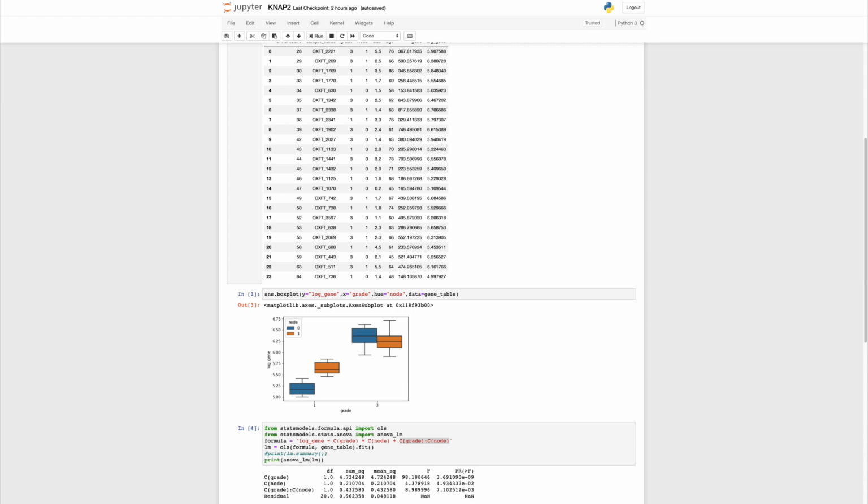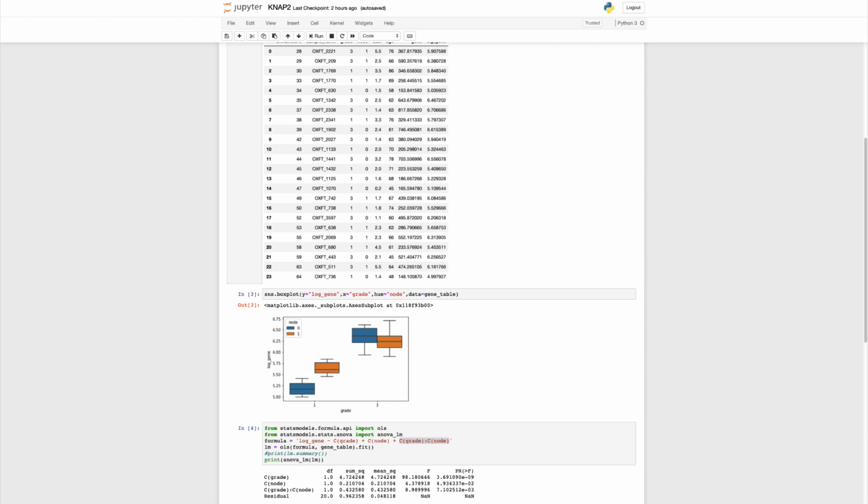So it seems like there's a very low p-value here for the grade. The model says that there is a very low probability of the null model, that there's no effect of the grade, and that's quite obvious when you look at the data: there's much more expression in the grade 3 tumors than in the grade 1 tumors. Okay,